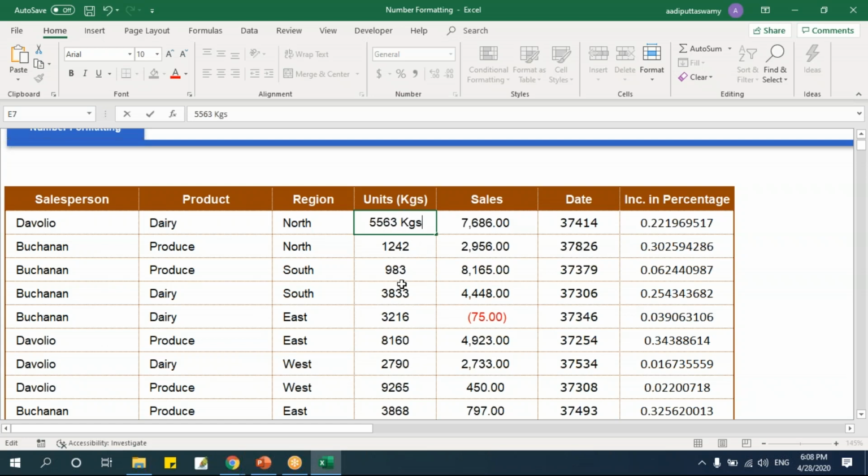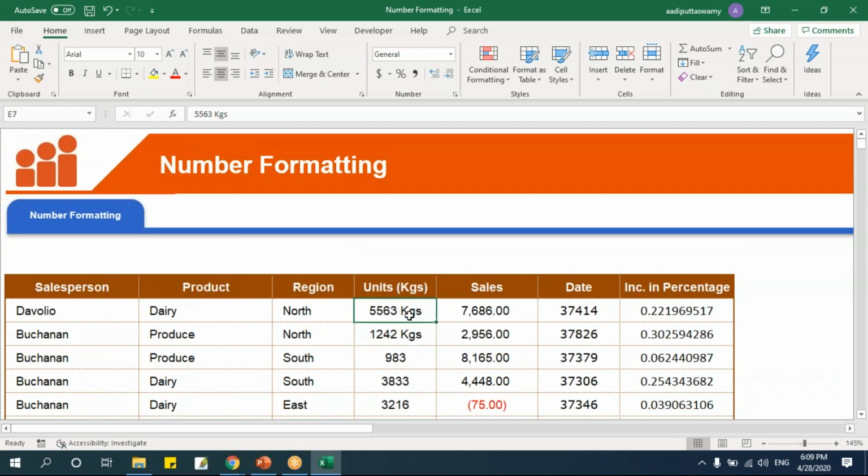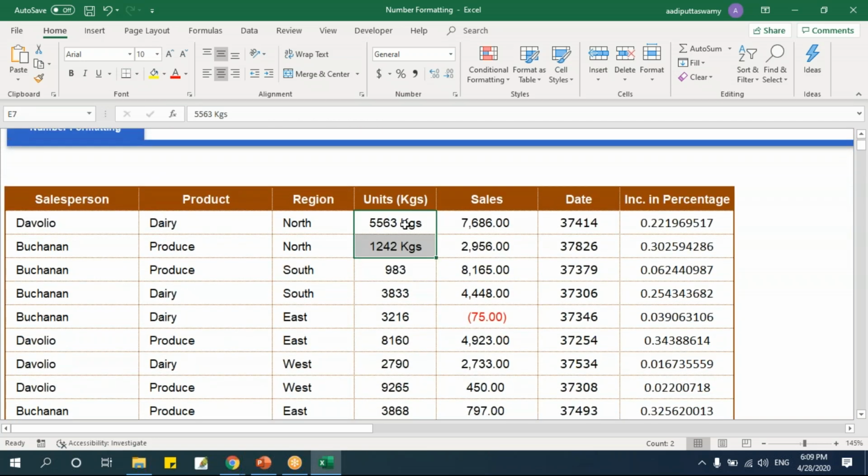If I do it like this, these two numbers will become text, they are not numbers. In the formula bar you can see 5563 kgs. But if I add this, these two numbers will not be considered because they are not numbers. I want the text kgs, but this still has to be a number, and I need to use it for calculation. Then what I'll do is let me remove this.